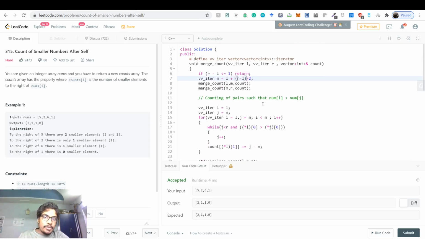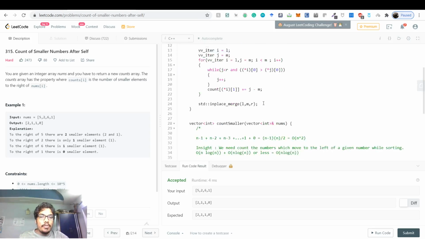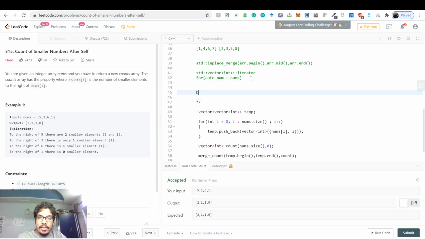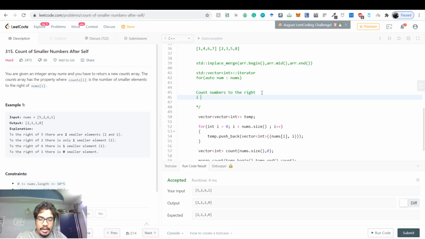And this is a very beautiful question where you use merge sort. In the future, I'm going to also cover a lot of questions which have a similar pattern, where the question says something like count numbers to the right. If the format is that you have these two iterators over the array and you need to count how many pairs i, j, so that i is greater than j, and num j and num i have some relation, and this is the case you need to handle,